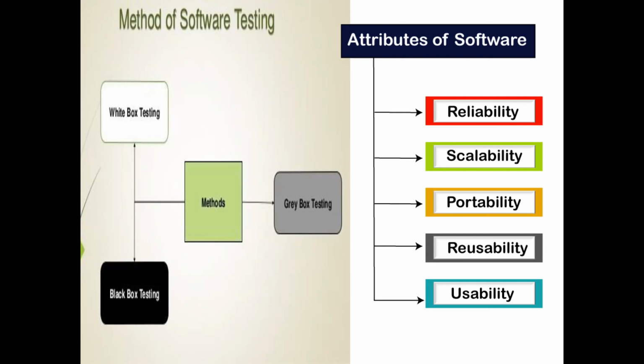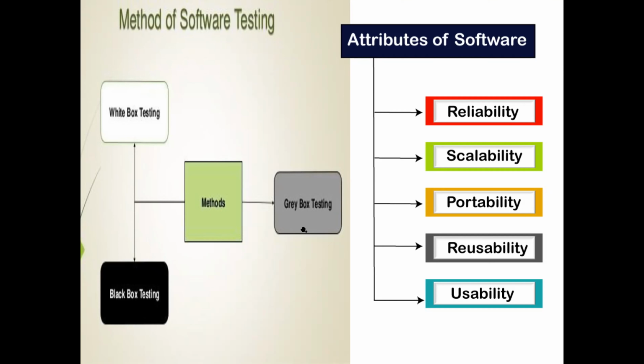In both white box and black box testing, we have a number of methods. Based on the type of project or the technology used in your project, we'll go for the corresponding one. Say my project is cloud-based, so I will go for cloud-based testing methods, which support cloud-based components. If my project is purely networking-based, I will go for a testing method which supports all the security layer, processing layer, and transport layer components. So based on the type and domain of the project, we'll choose a particular method. Then we'll go for gray box testing.